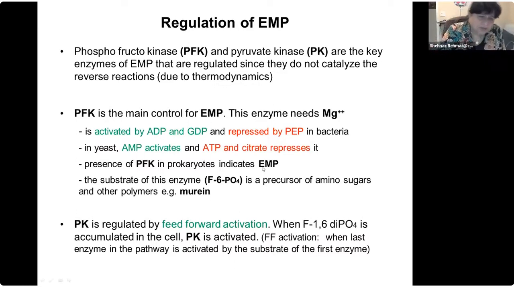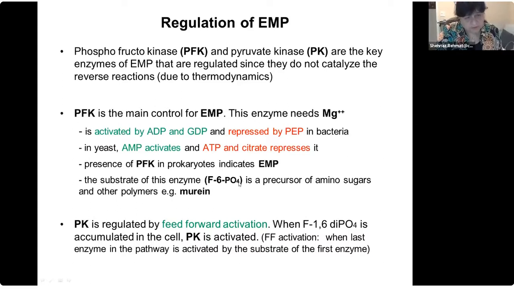Whenever you are trying to find out if your bacterium is using EMP or not, you look for this enzyme. If you can detect this enzyme, PFK, in that bacterium, you know that this bacterium is using the Embden-Meyerhof pathway. So this is definitely an indicator to detect EMP occurring in any cell. Of course, your substrate for this enzyme